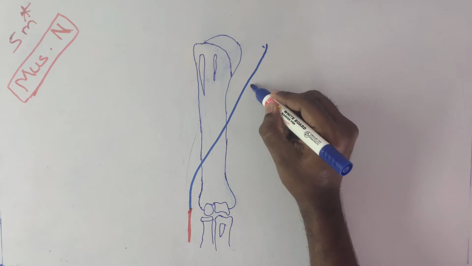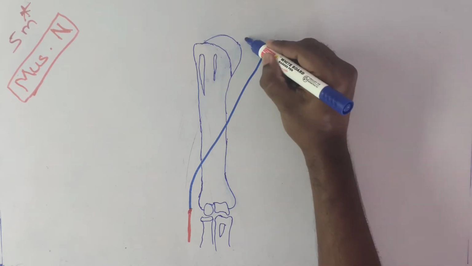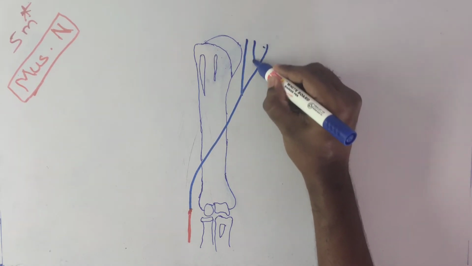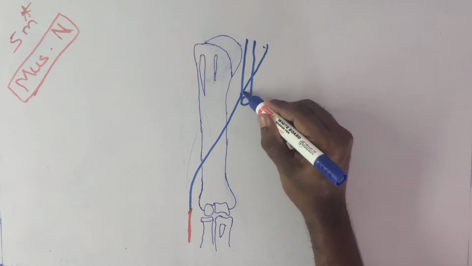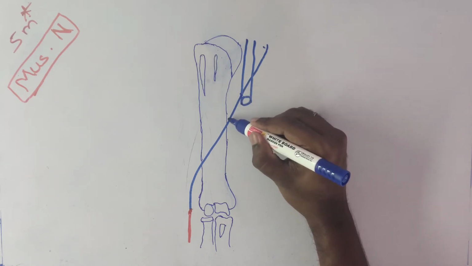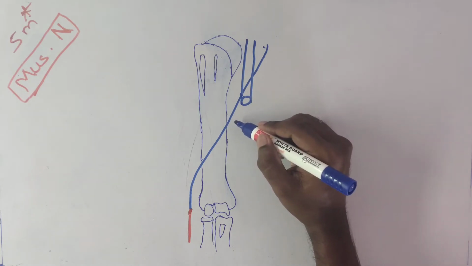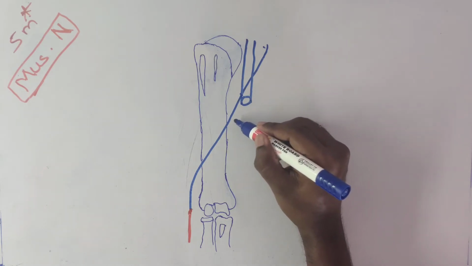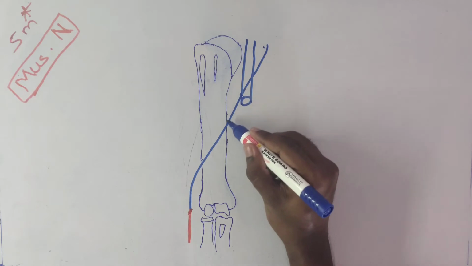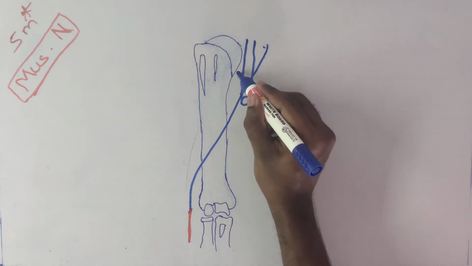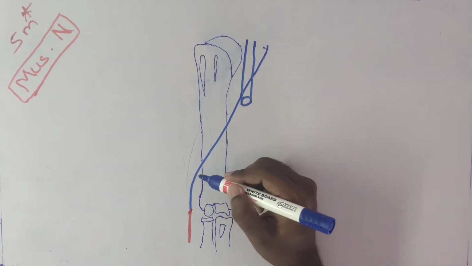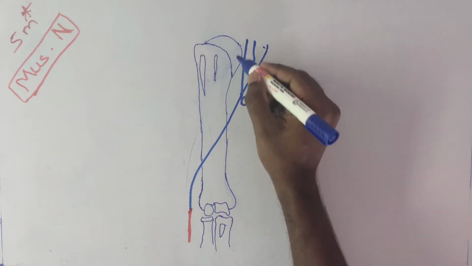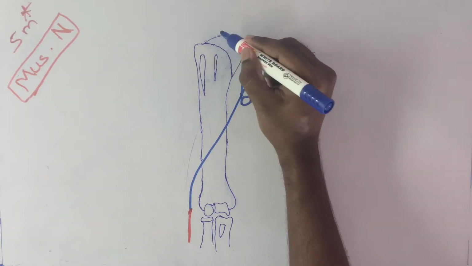Here is the coracobrachialis muscle. It enters by piercing the coracobrachialis muscle into the arm. Next, it runs downwards and laterally. It comes towards the lateral side, in between the two heads